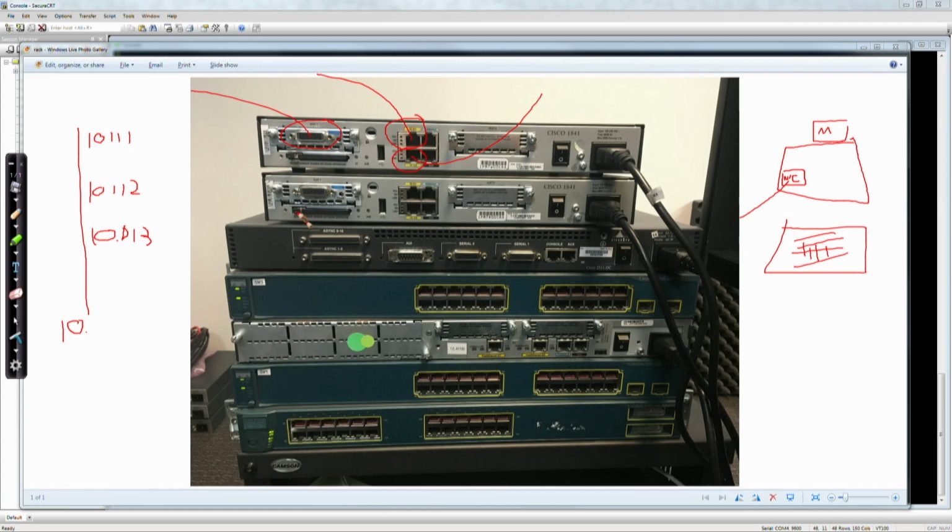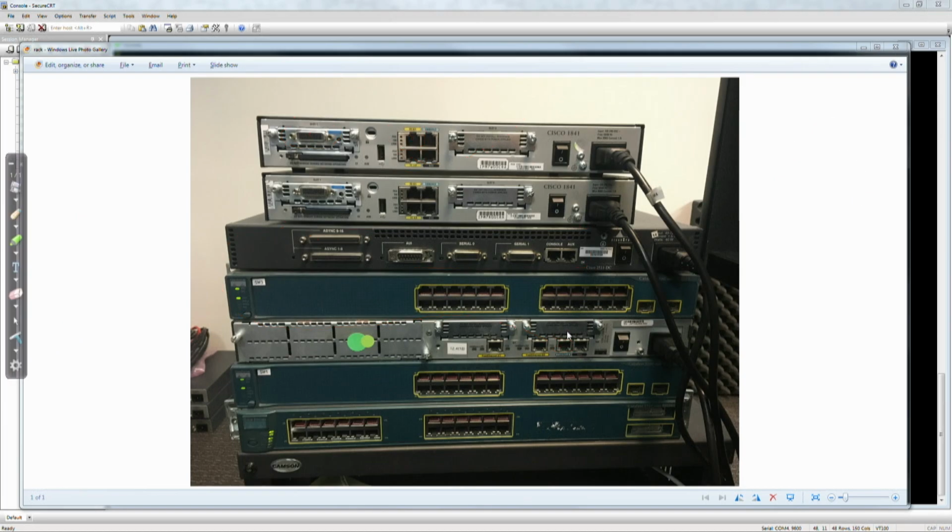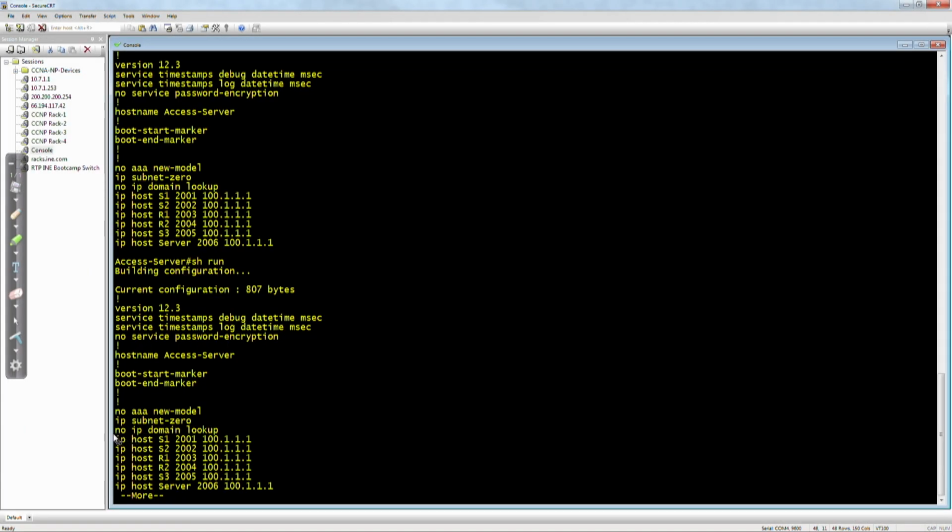Well, what does that have to do down here with my terminal server? In order to send information out the async line to a console port, I have to provide a configuration in the router, which looks like this, the IP host command. And the components of the IP host command are like this. Actually, just do this right here. Okay, there we go. So IP host, and then the next thing right here is going to be just a